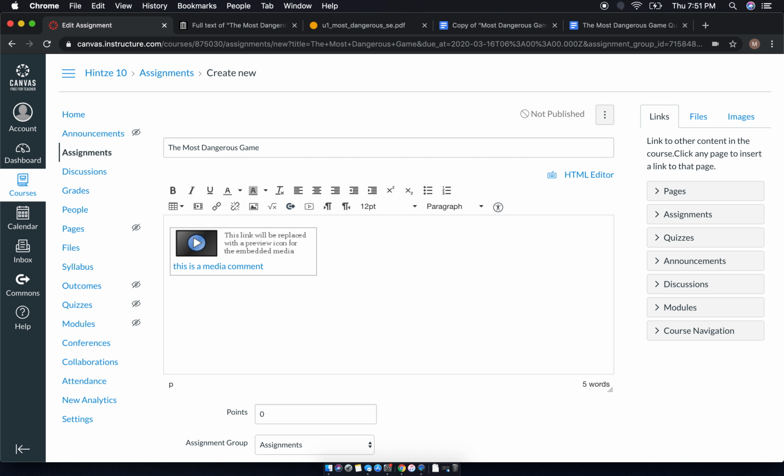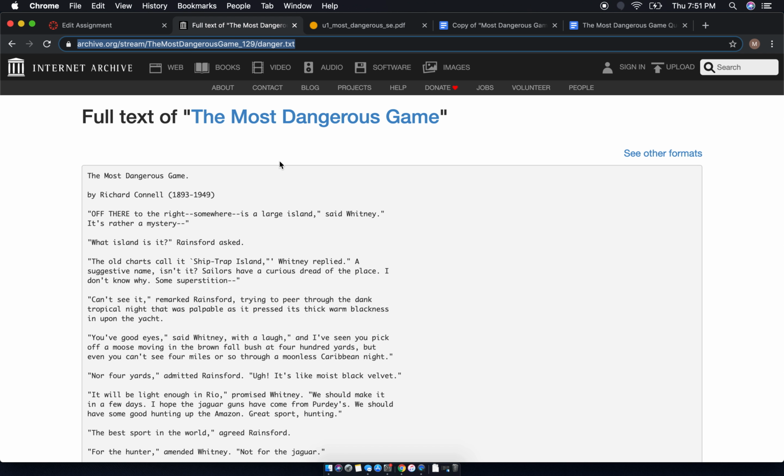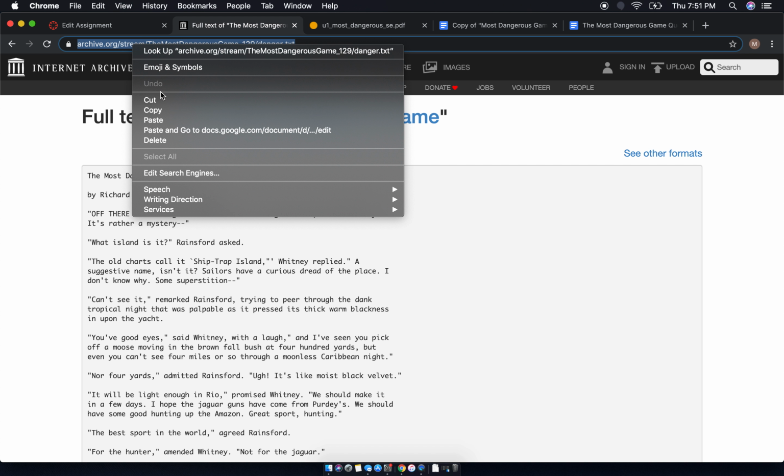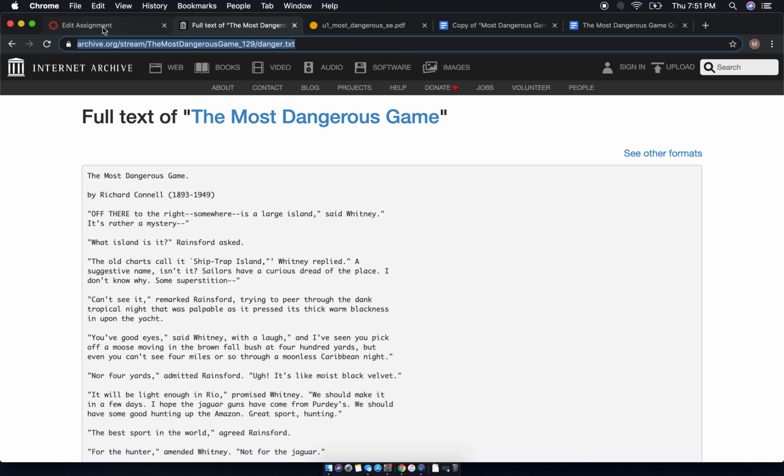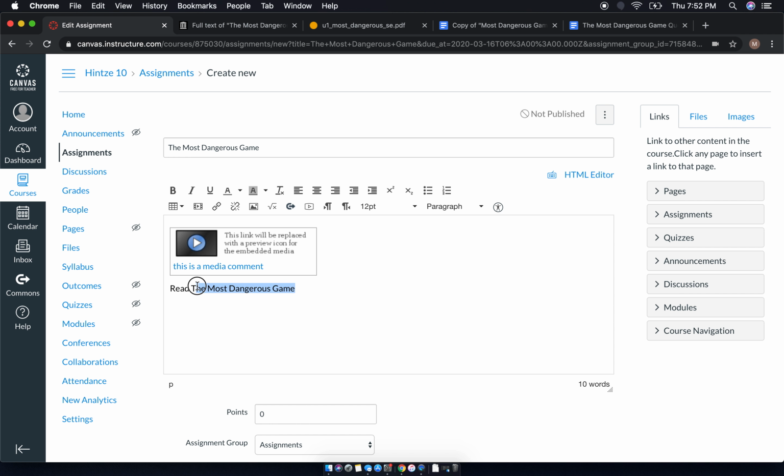Okay, now I need to give my students the actual text for them to read it. So I'm going to say, read again, The Most Dangerous Game, and I want to link to the full text so they can find it. If I come up to the top of my screen here, you'll see that I've already found the full text of The Most Dangerous Game, and I'm just going to copy the URL